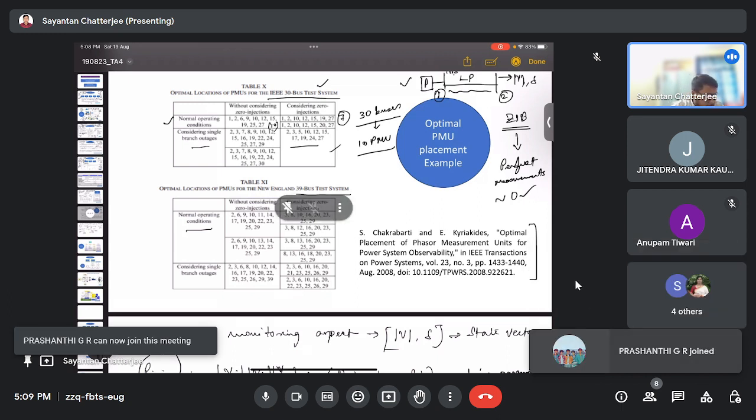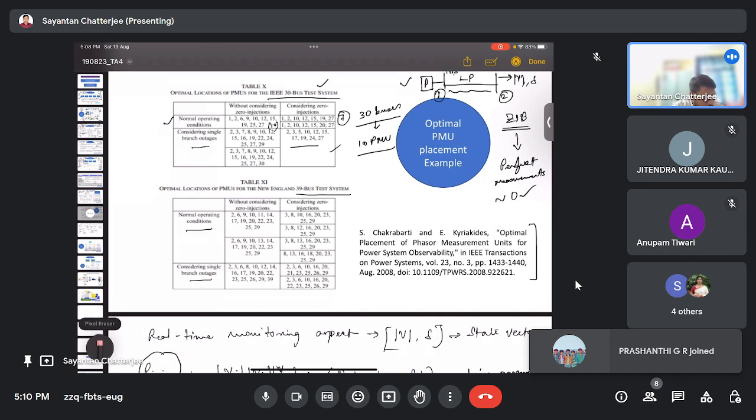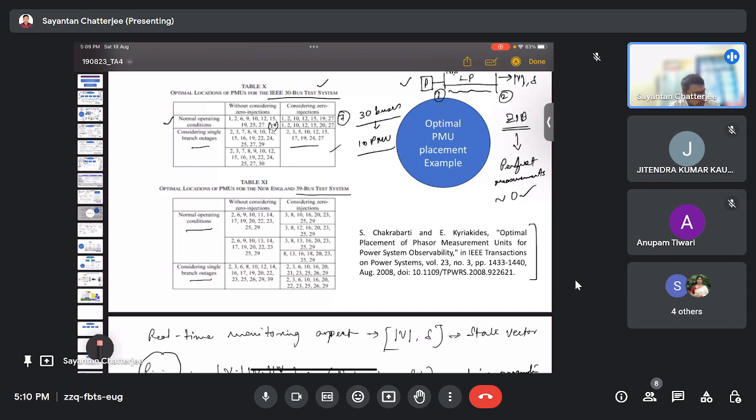The normal operating case and the single branch outages. Here we can observe buses 1, 2, 3, 4, 5, 6, 7, 8, 9, 10, 11, 12, 13. Using these 13 buses, the entire system of 39 buses becomes observable if we don't consider the zero injection buses. And if we consider the zero injection buses, then